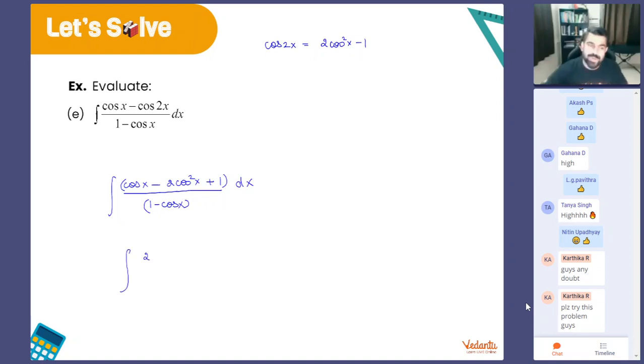Yes. Very good. So when you factorize it, you will get 2 cos x minus 1 into 1 minus cos x. Is that right? Can you guys check it? Or is it 2 cos x plus 1? Is it plus 1 or minus 1? It should be plus 1, right? And then divided by 1 minus cos x. Got it? Please confirm, guys. I want you all to try it on your own.